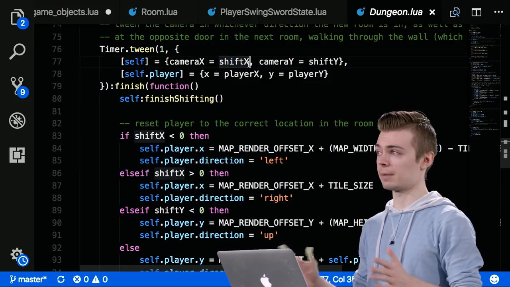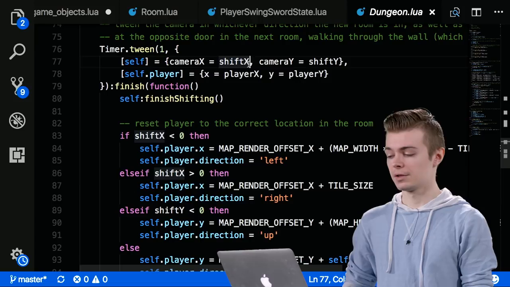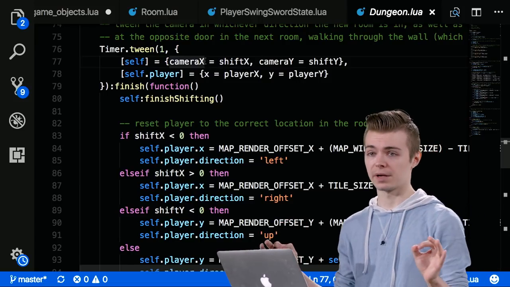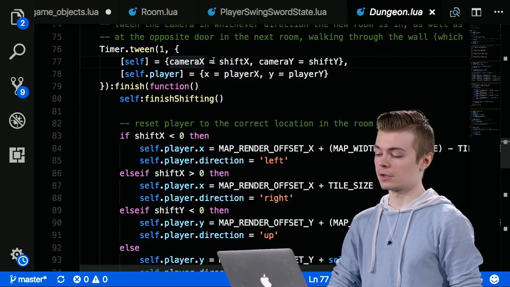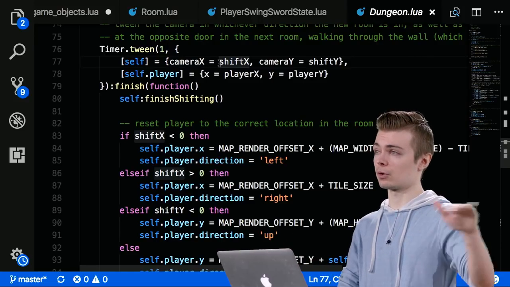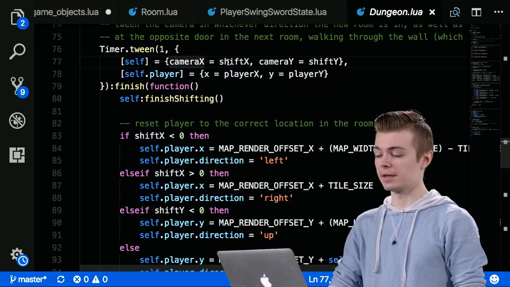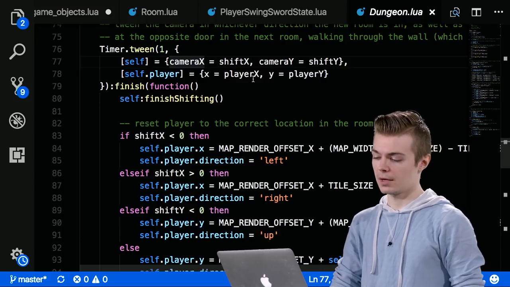So shift x and shift y being the adjacent offset that we're going to need to shift the camera by. Camera x and camera y both start at 0 always when the room gets completely finalized. So if the shift x is negative virtual width because we're shifting left, then it's going to tween the camera going from right to left over the span of a second, right? And then the player